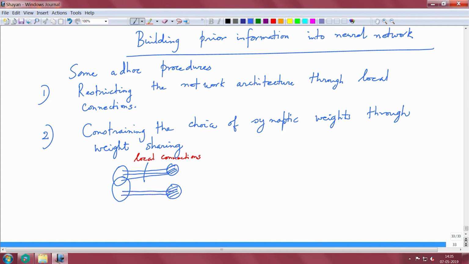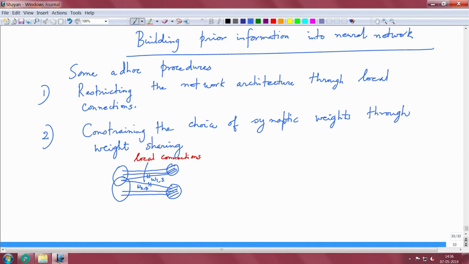Similarly, we have for the bottom part, and then this weight is going from three to 1 and this is going from 3 to 2, right, and the same weight is being shared between two parts of the network,